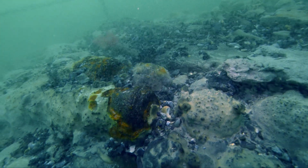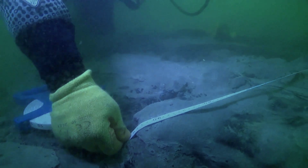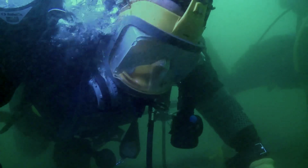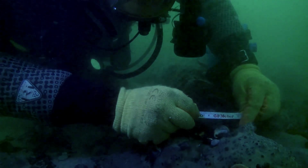There we were excavating in Trench 2 around a pile of shot, and we were hoping to find the shot locker of the ship, and that's exactly what we did. Found hundreds, probably thousands of round shot of various sizes, but amongst that round shot we found 6 cast iron